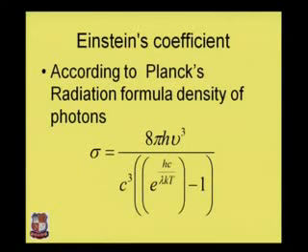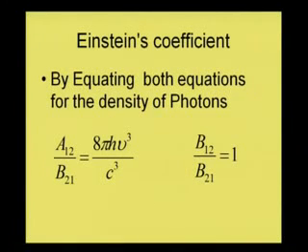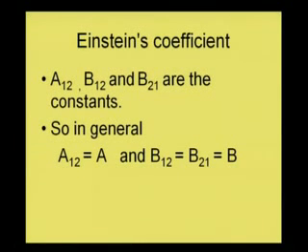So if we equate both formulas, we can get the values of the constants: A21 upon B21 is equal to 8 pi h nu cube by c cube, and B12 upon B21 is equal to 1. So these are the constants. Here A21, B12 and B21 are proportionality constants. In general we can write A12 is equal to A, and B12 is equal to B21 is equal to B, because here the subscripts 1 and 2 show the direction of the electron going from